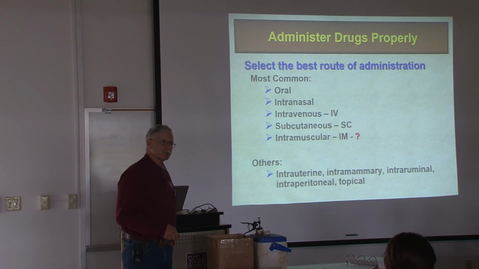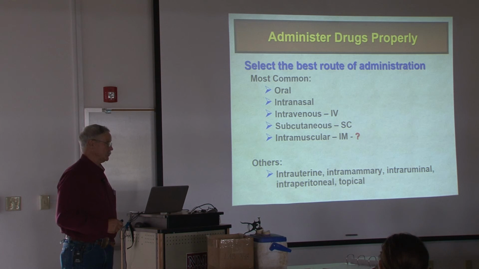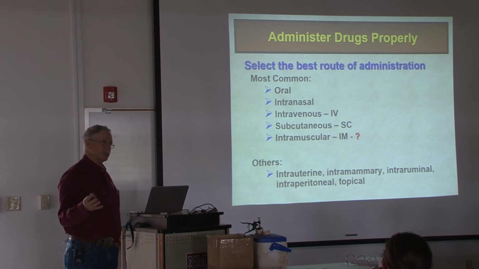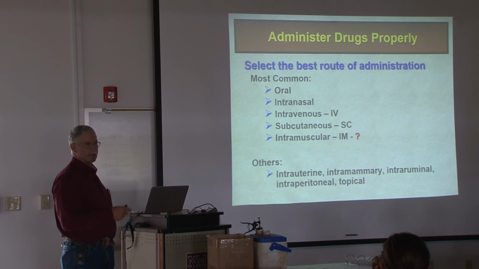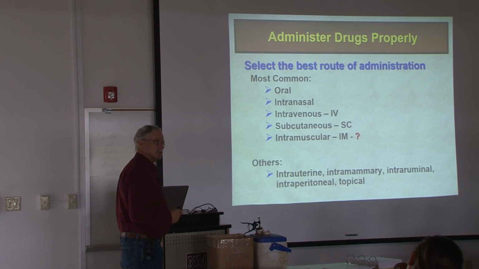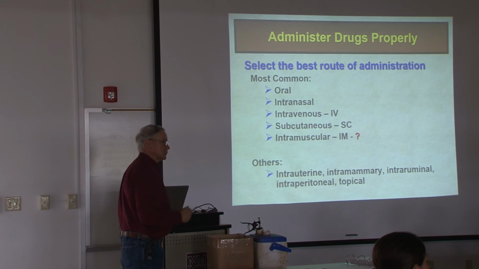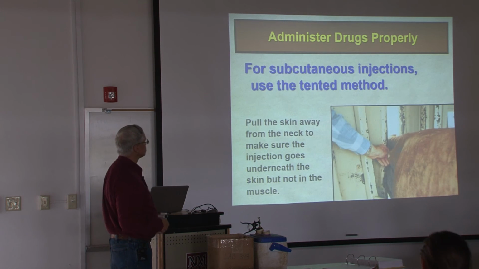So when do we give a shot in the muscle? Only if the label instructs us to do so. And there are certain medications that are required that you give in the muscle. That's when we put it in the muscle. Otherwise, we try to use any other route that we can. Always avoid IM, because if we never put a needle in the muscle, we never have a blemish that results in trim, right? That's our goal. If you have a choice, always choose sub-Q.